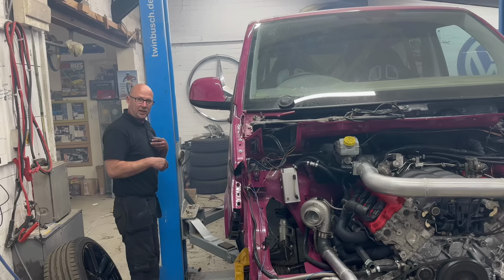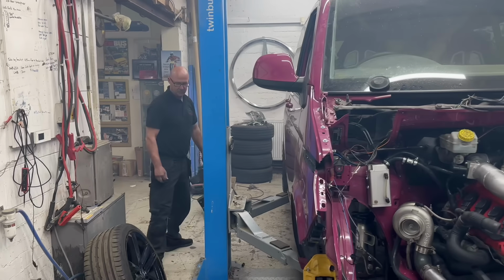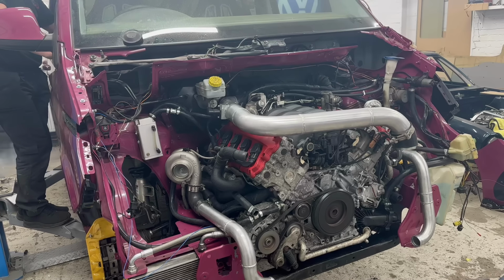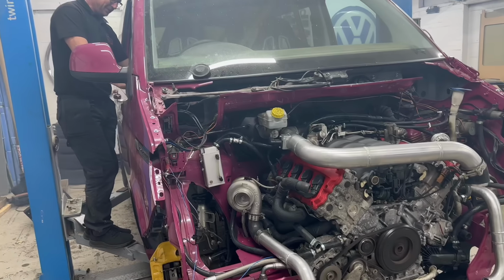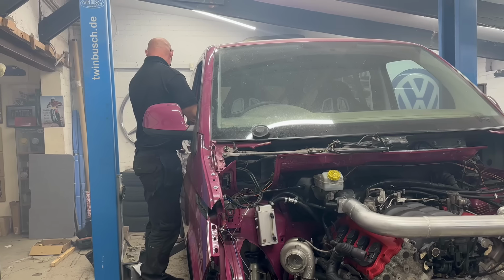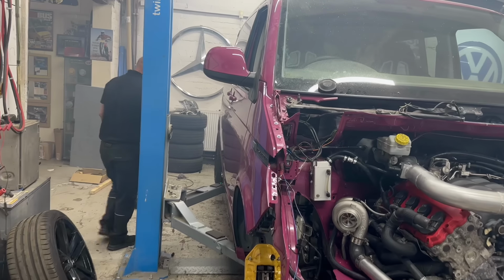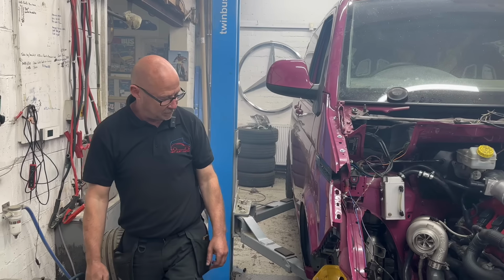I'll put the microphone down here so people can hear it. Yeah. Just black now, isn't it? Just wants a tune, doesn't it? Because it's got the bigger pumps and stuff on it. Yeah, it's got bigger fuel pumps on and all sorts of stuff, so it needs tuning now. Well, it needs building up, but